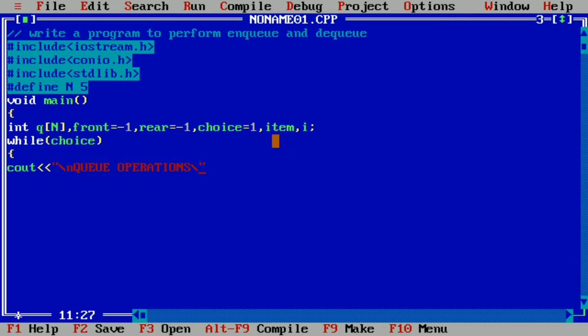And now we'll write \n, then we'll continue here as first choice, that is insert.